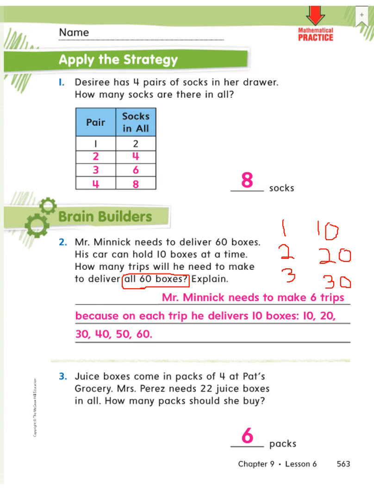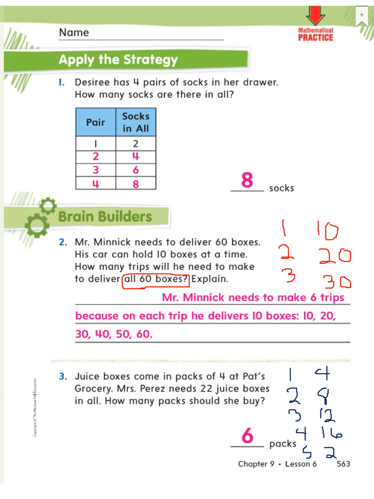So we know that one pack has 4 boxes. 2 packs have 8 boxes. 3 packs would have 12 boxes. 4 packs would have 16. 5 packs would have